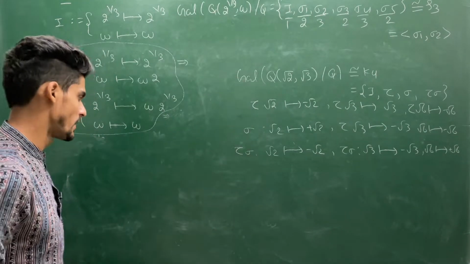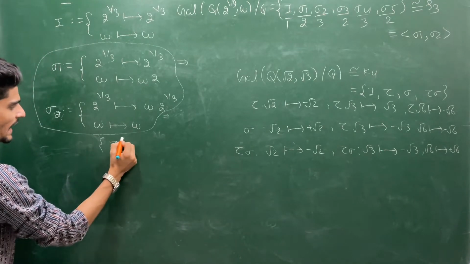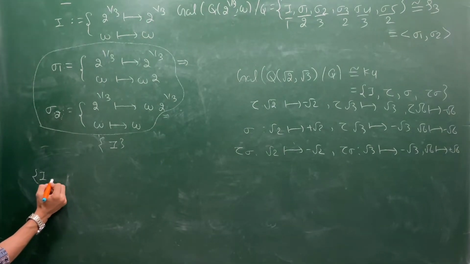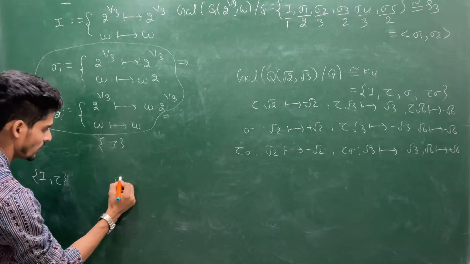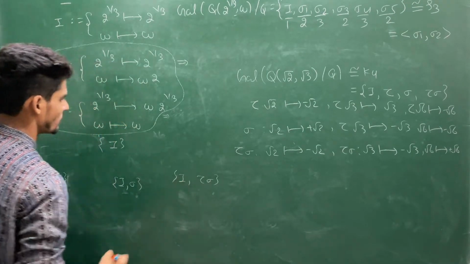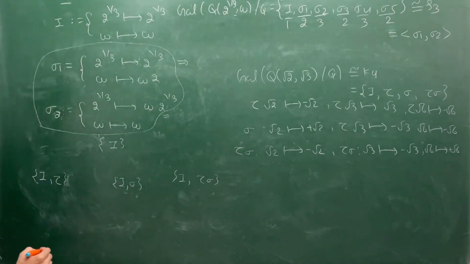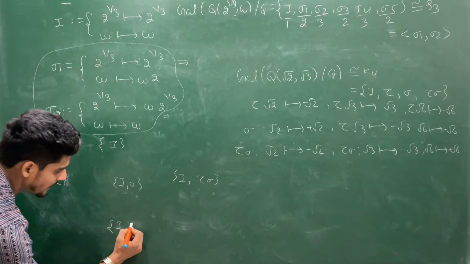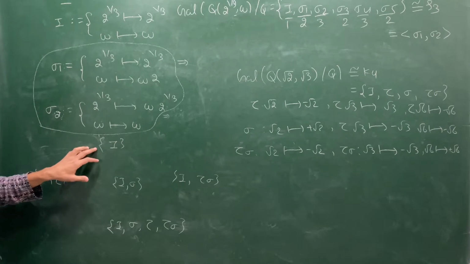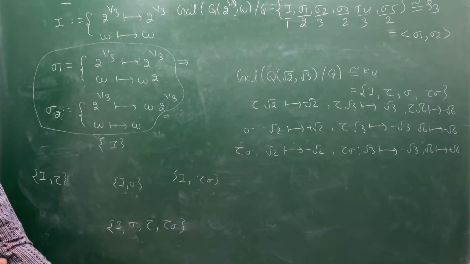Let me write the subgroups in this manner. Suppose the subgroups are the identity map, and the order 2 subgroups. That means I comma tau, I comma sigma, I comma tau sigma. This representation is actually needed to make you more comfortable with this structure. And identity, sigma, tau, tau sigma. So these subgroups are there: one of order one, three of order two, and one is the group itself.